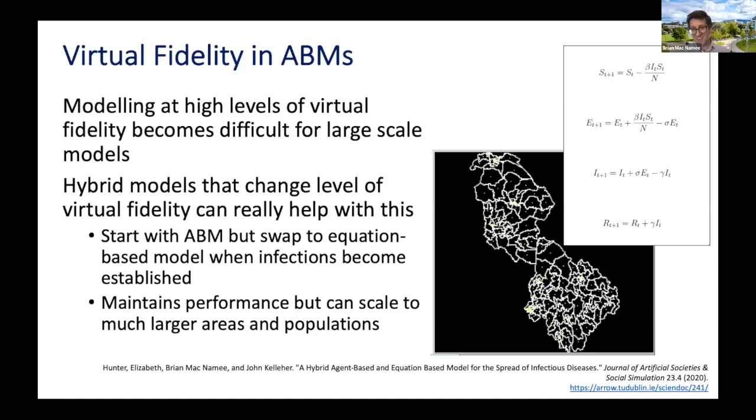So just like in the video games referred to at the start of the talk, we can move up and down in terms of virtual fidelity. And one of the things that we found within infectious disease modeling is once infections take hold and the number of cases within an area start to creep up quite high, the value of the agent-based model starts to go down essentially. So the need for that heterogeneity that we get from agent-based models, we don't really get the payback from that. And the equation-based models that we might use work perfectly well at that stage.